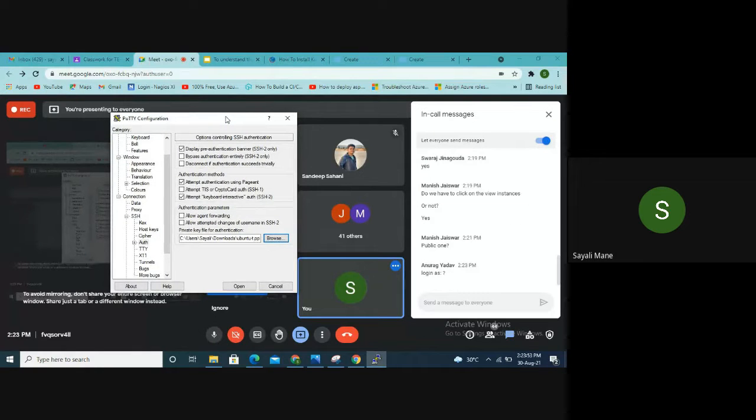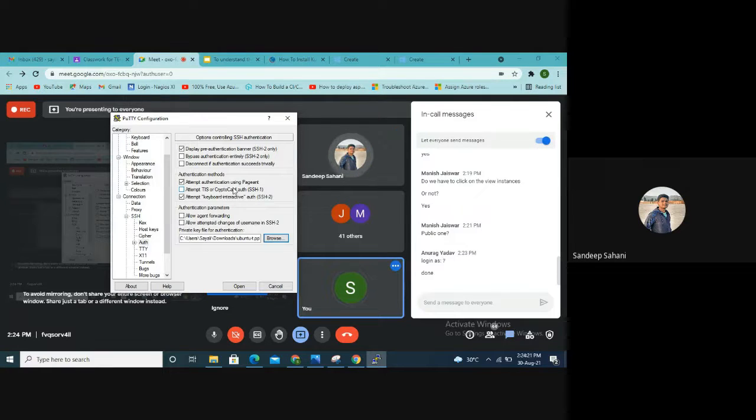Okay, just wait a minute. Then you have to log in as Ubuntu. You will get a message. Click on the accept button and then log in as Ubuntu. Done. Sandeep, right now just follow the instructions and write them down somewhere in your notes, and later you perform it, because again you have to download it and do it again. I'll send you the screenshots of how to create a new ppk file. I'll mail you, or I'll simply upload it on the ERP.